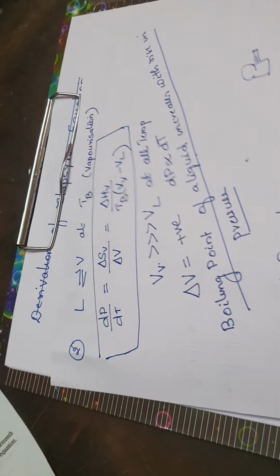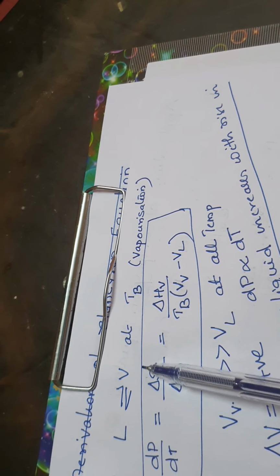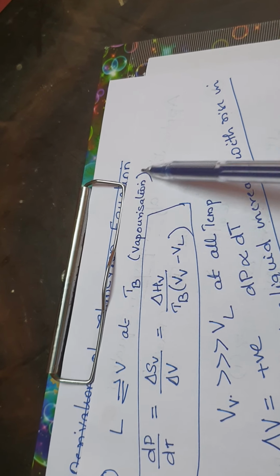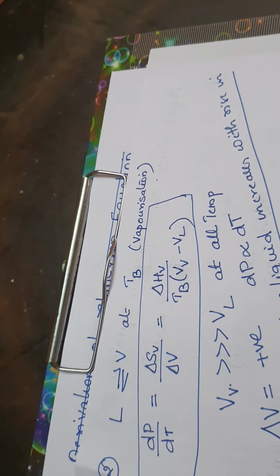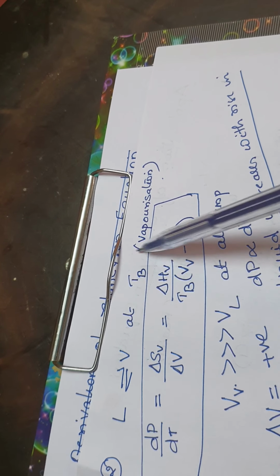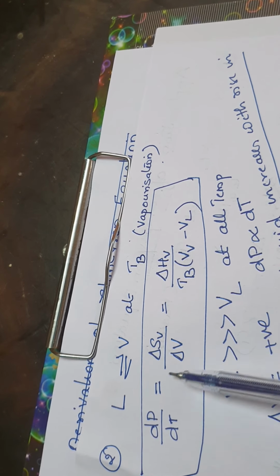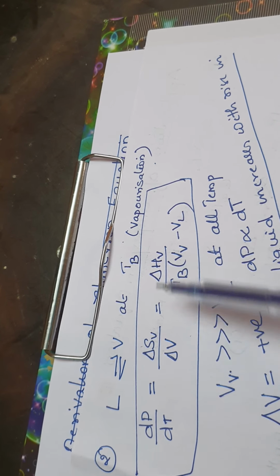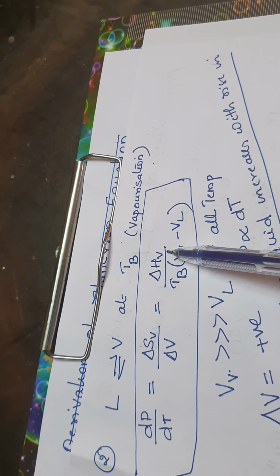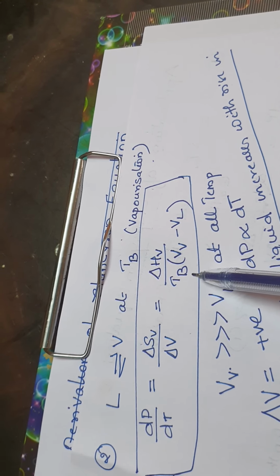Okay. Now, the same thing we can apply to the liquid-vapor system. In the liquid-vapor system, we can say that the process is vaporization. So equilibrium of vaporization happens at a temperature which is the boiling point of the liquid. So applying the Clapeyron equation, dP/dT is equal to delta S_V, that is entropy of vaporization, divided by delta V, which we can rewrite as delta H_V, that is molar heat of vaporization, divided by T_b, the boiling point,